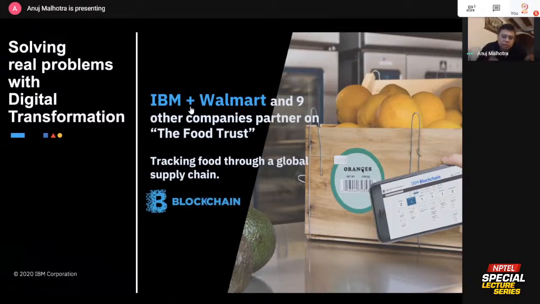Let's start with the first use case, right? This is about Walmart. Walmart has about 28,000 stores around North America, Canada. They store a lot of SKUs, stock keeping units, or items on their shelves, right? Including grocery items. Now imagine there is lettuce on the stores, or there's meat products on the store shelves, and there is either an E. coli breakout for lettuce that they're storing, or there's a breakout of salmonella in the meat products that are on the shelves, right? There are 28,000 stores filled with these products.